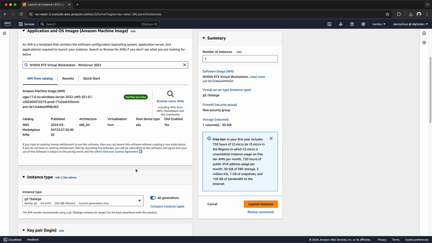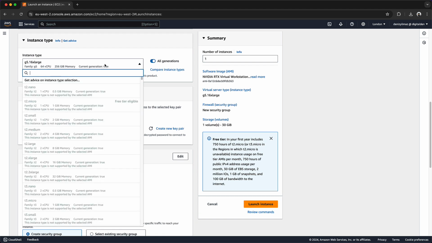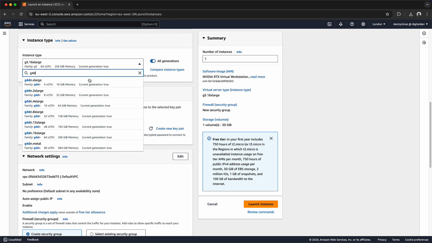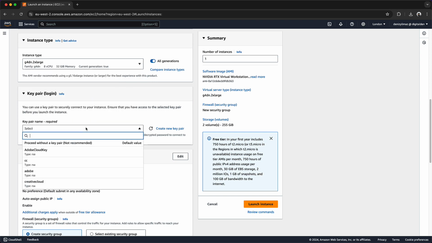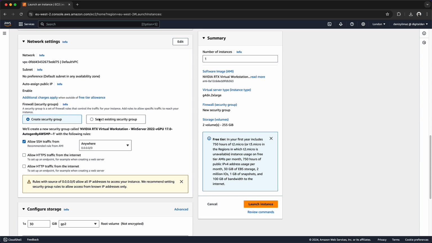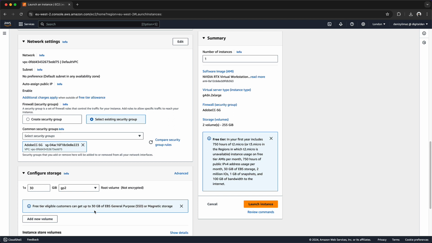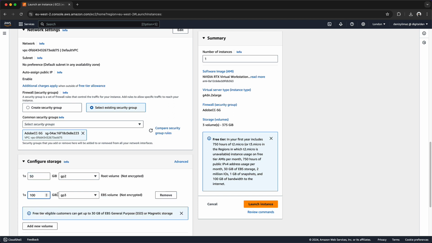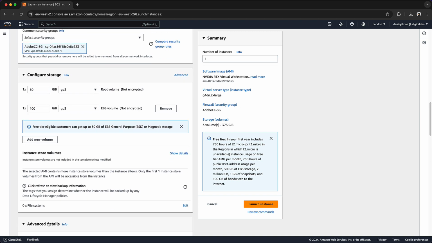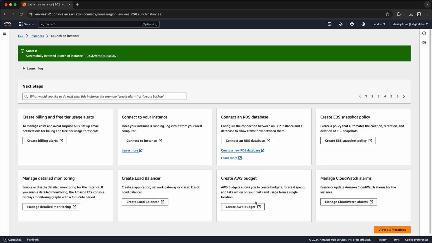Select the G4dn.2xlarge instance as you previously did. Proceed with configuring the instance settings, including setting up security groups, storage volumes, and instance details as we previously did. Once the instance is launched,